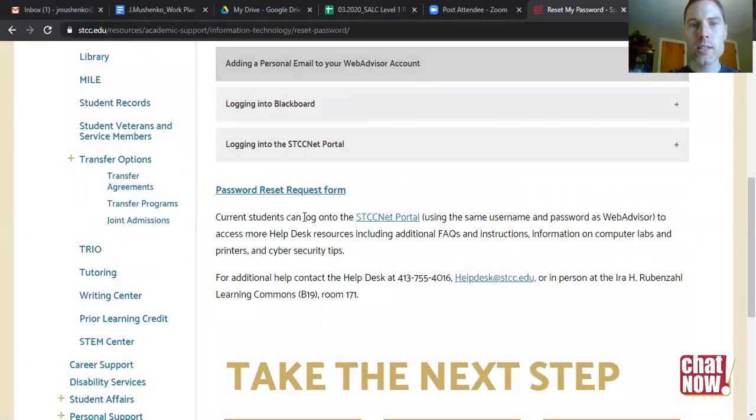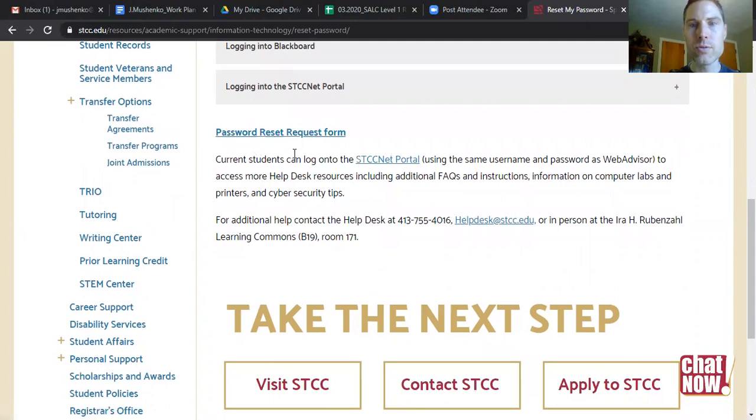They might be helpful for you in this situation. But what you really need to do is to request a password reset. And to do that, this is the information to contact the help desk at STCC. The help desk you can contact actually by phone. Staffing right now is limited, but there should be someone there. So if you do need help with this process, definitely try calling them at